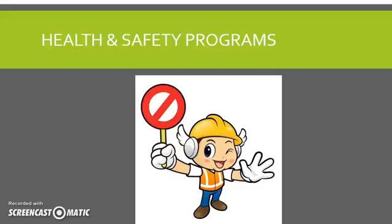Health and safety programs. When we talk about health and safety, we first start out talking about immunizations and medical screenings. Making sure you have the proper paperwork on children is also important. Having a description of any disability or developmental delay a child has. Some results of screening such as vision and hearing are helpful, and then dates of communicable diseases when immunizations were last